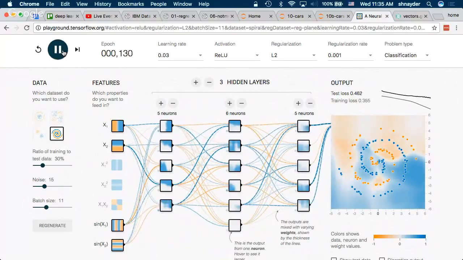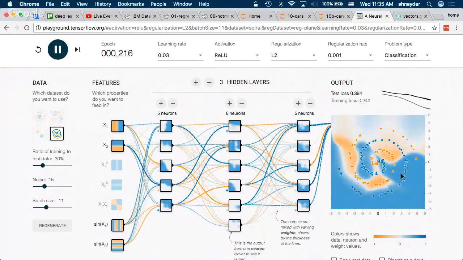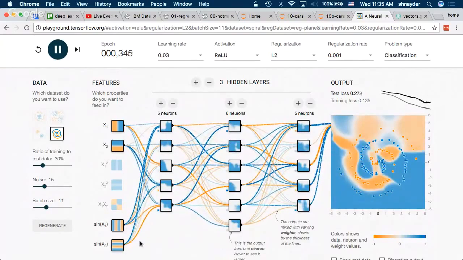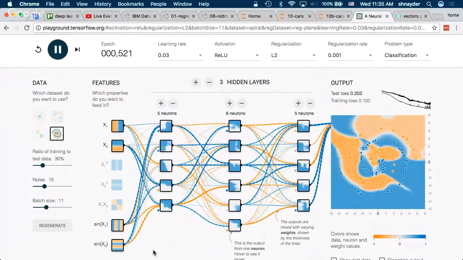It feels like cheating too much to me, in the sense that for 2D data, it's easy to come up with lots of new features, right? Like, if I have x1, x2, fine, I can multiply them, I can square them, I can do sines, etc. If I have million-pixel images, it's not nearly as obvious what kind of features to add in. So if you have some intuition for what might help, it definitely is a good idea to try it.